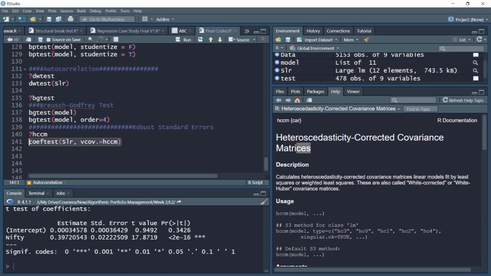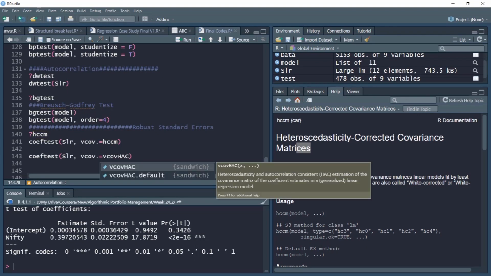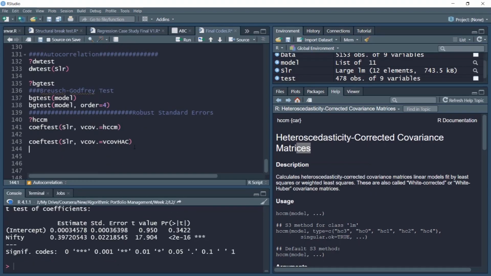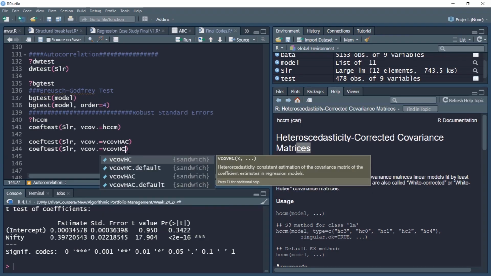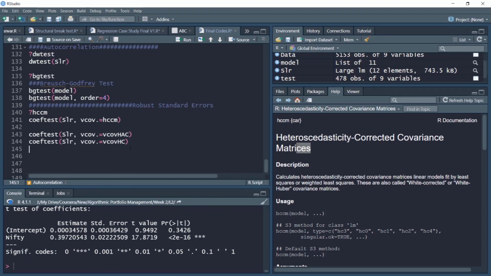Corrected covariances. Similarly, we can also correct for heteroscedasticity and autocorrelation through VCOV HAC. This is for heteroscedasticity and autocorrelation. These are part of the sandwich matrix. So you will generate another coefficient matrix with its t values and p values. You can also correct simply for heteroscedasticity, depending upon the nature of whichever issue is affecting the model more. You can choose that. So VCOV HC. This will correct for heteroscedasticity only.